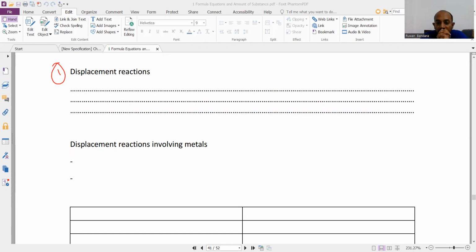Sometimes it can be one element, sometimes it can be a group of atoms as well. Okay. Then write down atoms or group of atoms